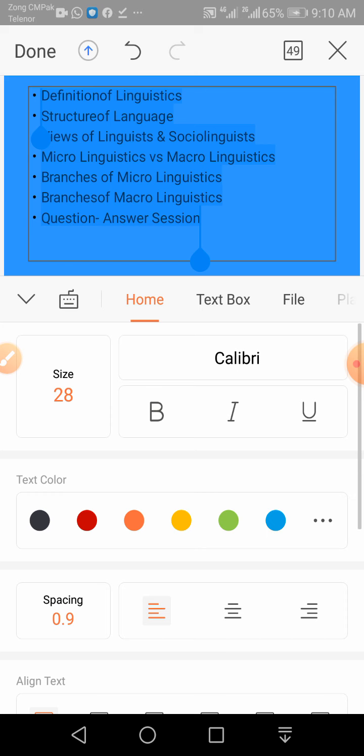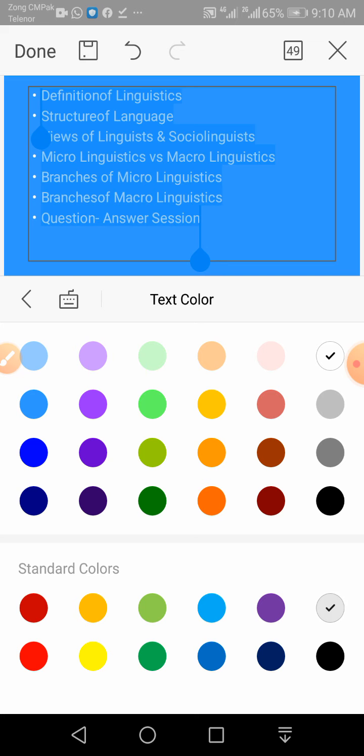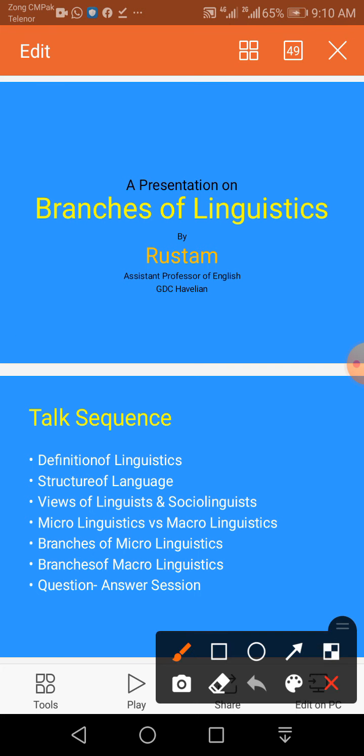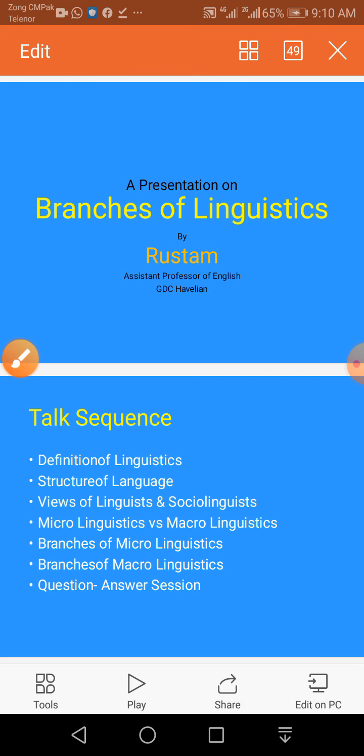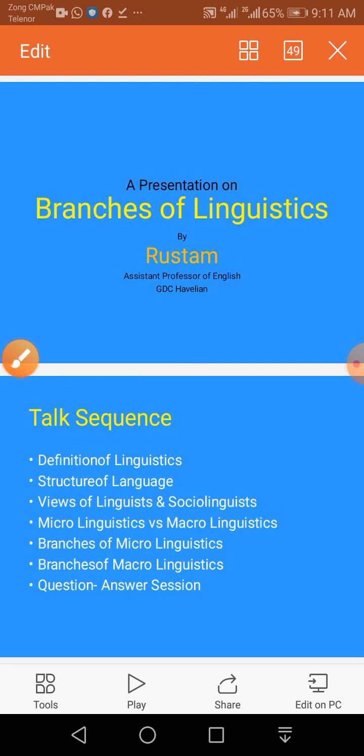Now the color of the text. Here we go, text color. Let's say we introduce white color. Where is the white? This one is white color. Okay, save. Now see, I think it is a good contrast on the bluish background. So your title can be black or yellow, but the size should be the same. Let's say you can size it 40 to 50.